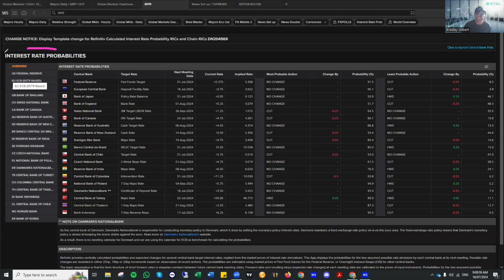Okay, so on the interest rate probabilities page, looking at the Fed. The current page I'm on is an overview of, say, the top 20 central banks. We are generally interested in the uniformity of, say, the top 7. That gives us a lot more control around what's going on. This page tells us the most probable action for the upcoming meeting. Next meeting date, it has the date for the Fed: no change, 91.5%. The least probable action, a 0.25% cut,